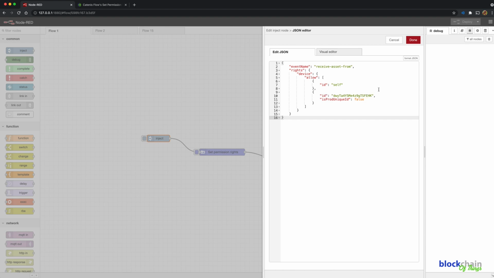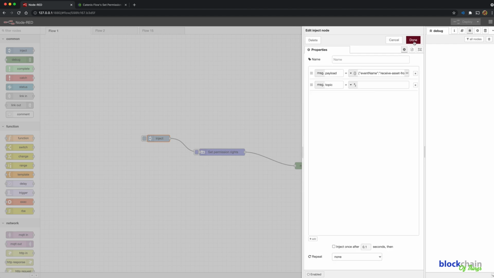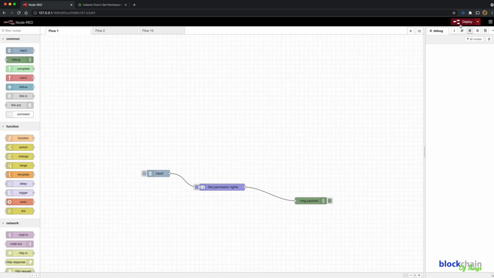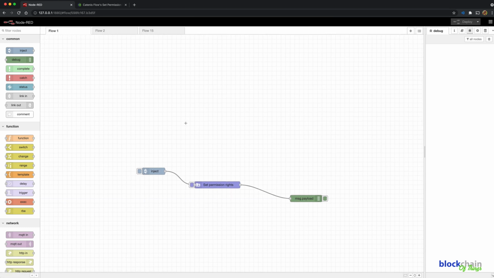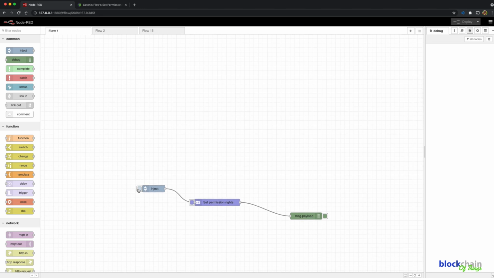Click the Done button. Then, click the Done button again to exit the Properties dialog box. Click Deploy. Now let's test the flow. Click the button on the left of the Inject node to send the input from the Inject node through the flow. The debug sidebar should display the returned JSON object containing the API call results to the right side of